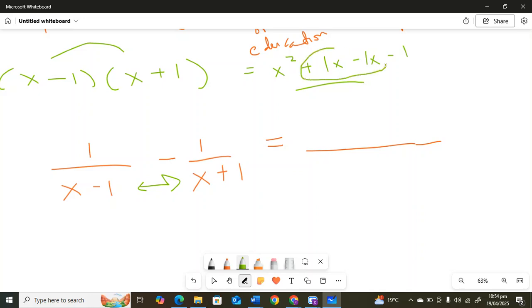Then 1 positive 1x minus 1x, 0. Are we all getting this, colleagues? In our denominator,